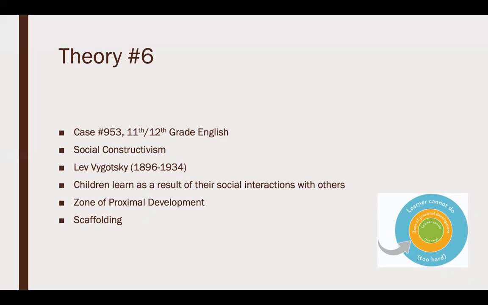The lesson I watched for this theory was done in the 11th and 12th grade English classroom. The lesson is a great example of social constructivism. The students are working together and talking about the language used in Hamlet. The teacher is simply observing the various groups, and the students are doing all of the talking until later on, and the teacher joins in. This relates to social constructivism because the students are learning through these interactions with their peers. The teacher asks the students in one group a question, and they discuss the answer.